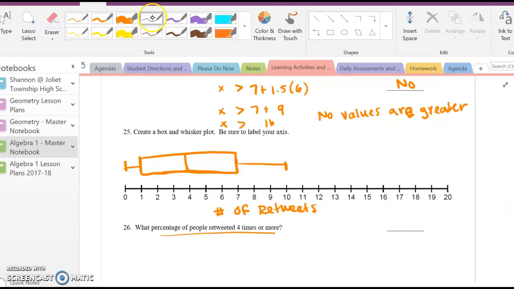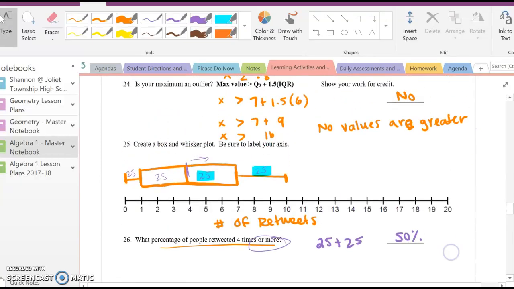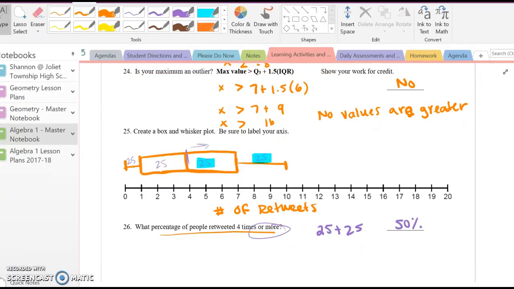If I go to the 4, remember each section is 25%. So if I go to 4 or more, that's this way, which is 2 sections. Oops, not that one. This one and this one, or 50%, because 25 plus 25 is 50%. And that is the entire test. So hopefully tomorrow you're feeling good about everything, and